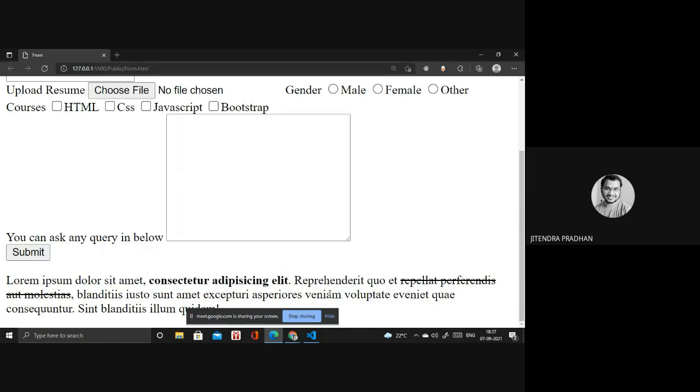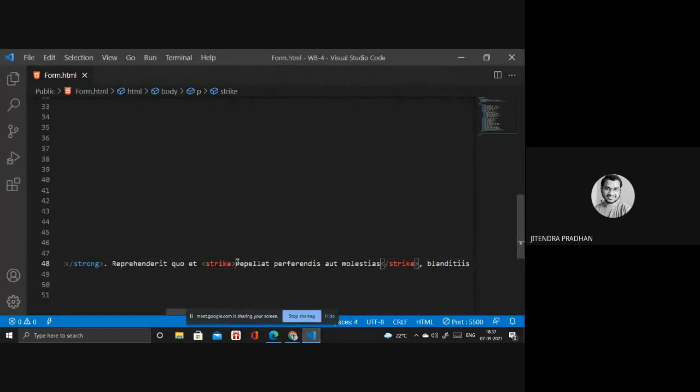It is a human tendency, or if you talk about psychology, our mind and our eyes focus more on those words. So that's why if you want to emphasize or highlight a word, you have to use strong. If you want to cut a word that is not required in the website, you have to use strike. You can use del also, which means delete. It's del.